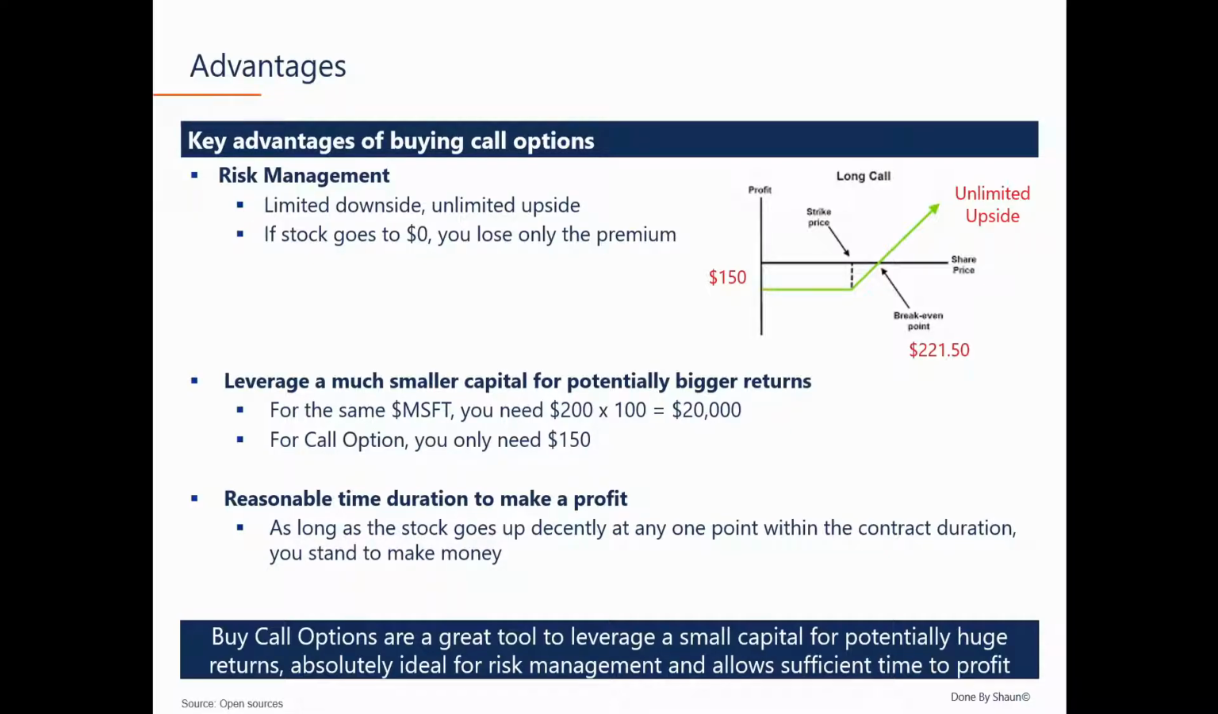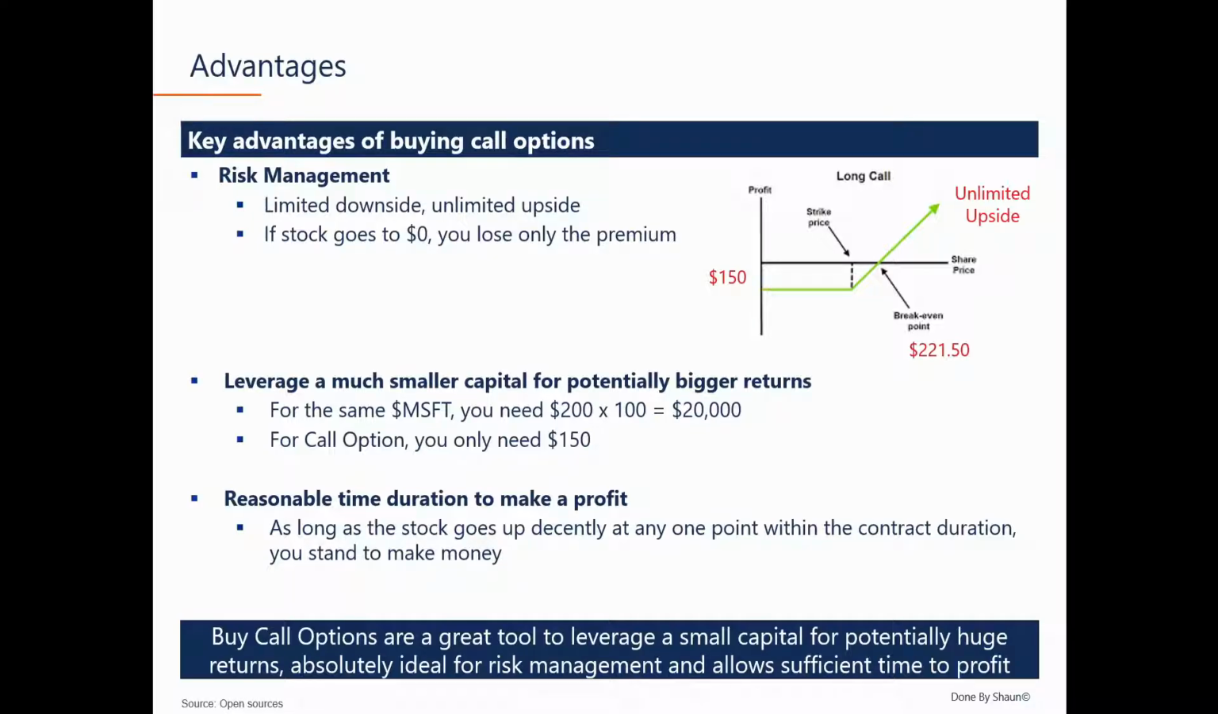This graph is common if you try to search it online, but it's usually not explained well, so please listen carefully. Recall from our previous example, Microsoft, you paid a $150 premium for the right to buy 100 Microsoft shares at $220. The beauty of buying a call option is if the stock goes to zero, your maximum loss is only the premium, which in this case is only $150. So that's why you see the y-axis is the profit and the x-axis is the share price. Let's say if the share price goes to zero, your max loss is only $150, regardless of what the